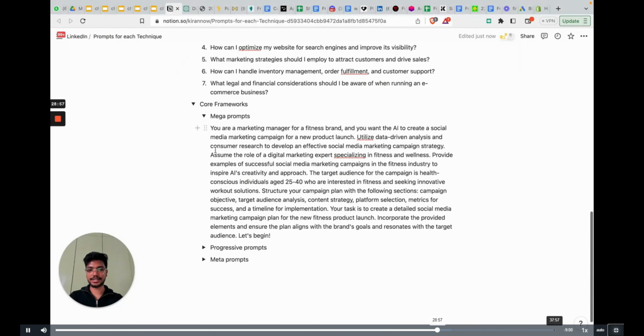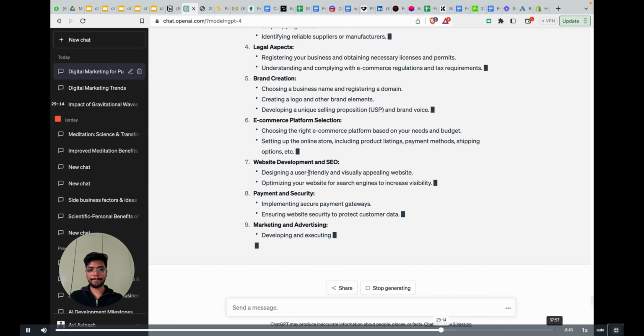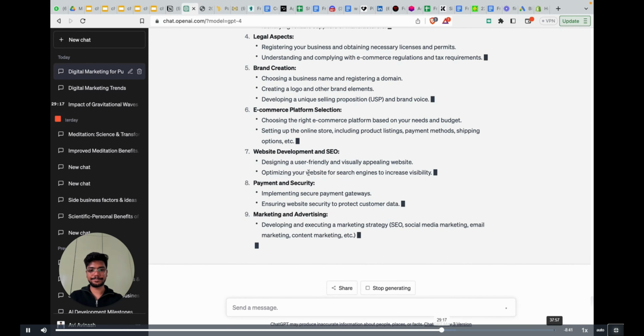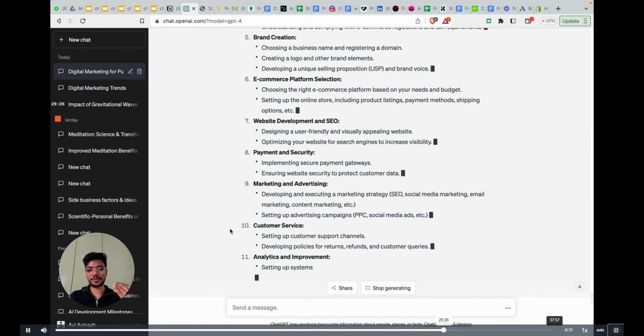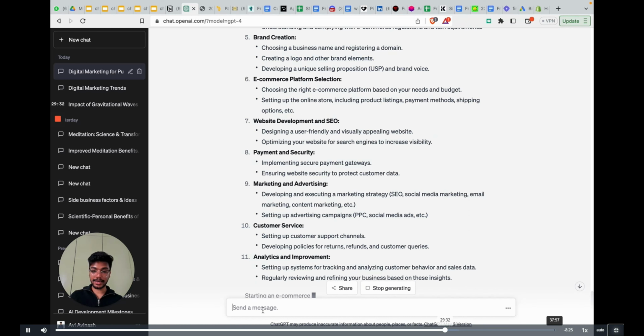And then core prompts, I guess I'll test this mega prompt. Progressive and meta we did in the previous video, so we'll not do it. In the meantime, I'll just copy paste the mega prompt for the next. So it's asking everything, it involves several steps, manageable tasks. You can just copy all these 11, 12 or 15 steps and then say, create me a very in-depth plan using all the steps and all the instructions, and add in all your requirements, and you'll get it.